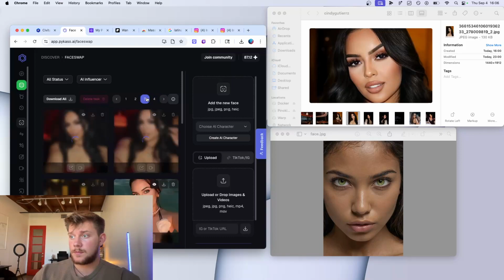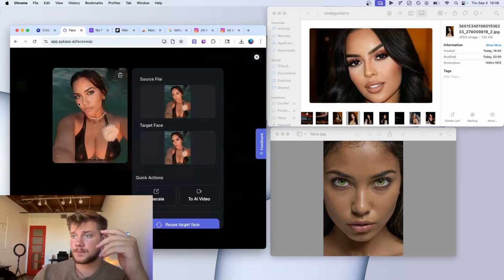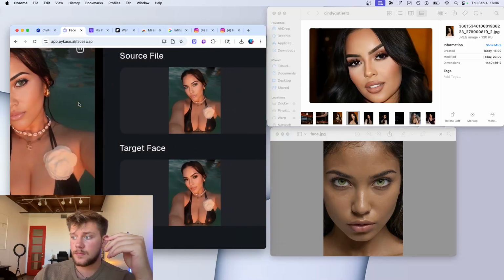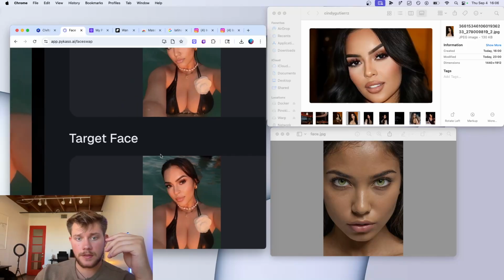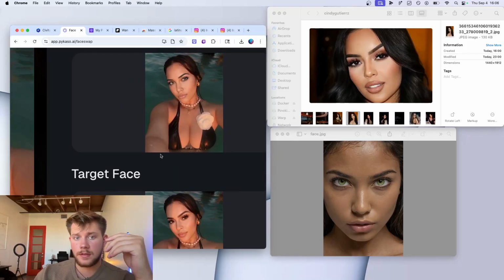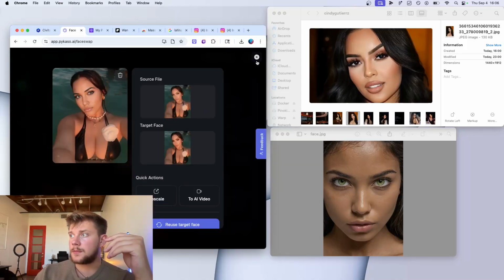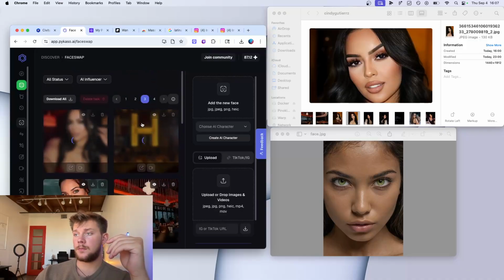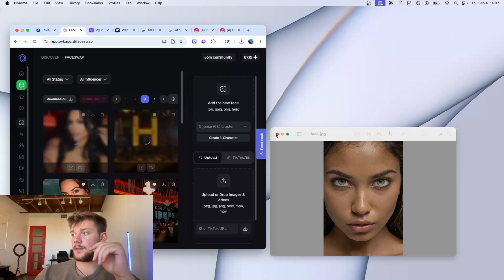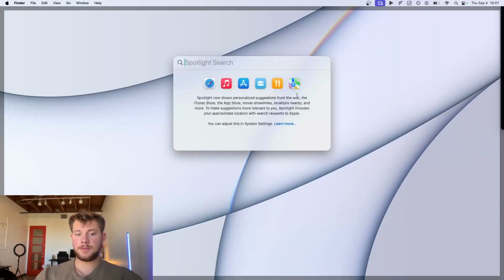Yeah, that's what you get back out, and you want to download all these. So this one you can tell a little bit more. You could see the difference in the face. Very cool stuff, right? So, okay, you want at least 20 of these, ideally 40, 50, 60, 70 is cool. And you want to download all of these. I'll show you a little trick too. So once you have those downloaded, let me go ahead and